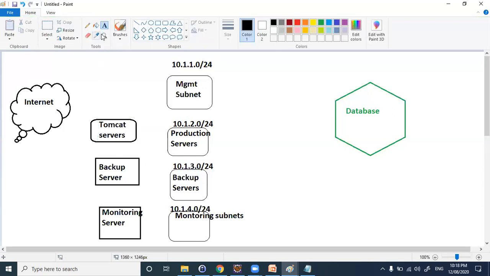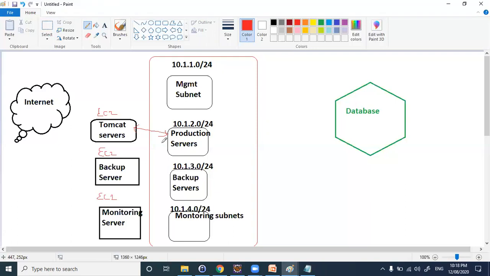So if you see here, we have 4 subnets in our VPC. Let's assume this is our VPC. So in this VPC, you have 4 subnets. You will use one subnet for production, and let's assume these are your EC2 instances.